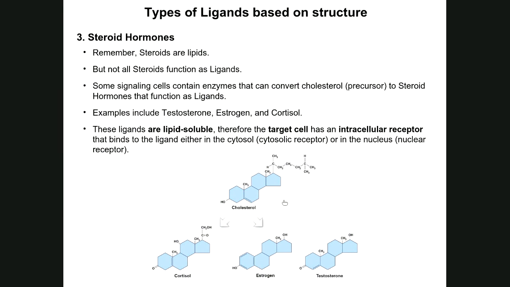Yes, I do want you to know examples of each type of ligand for the exam, such as estrogen. Yes, exactly. Everything I'm covering, Jobdi. Did everybody else hear that? Jobdi asked the question about whether you need to know the examples of each type of ligand I'm giving for each type of chemical structure? Absolutely. Okay. Now, if you look here, for cells that are located in the adrenal gland, which sit on top